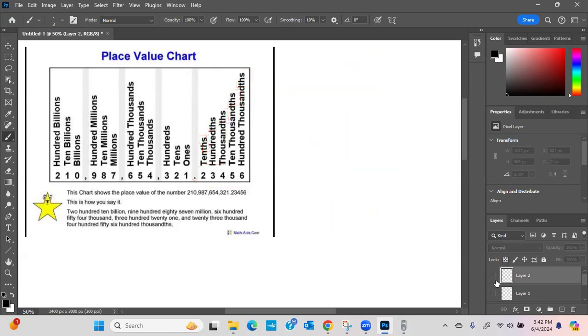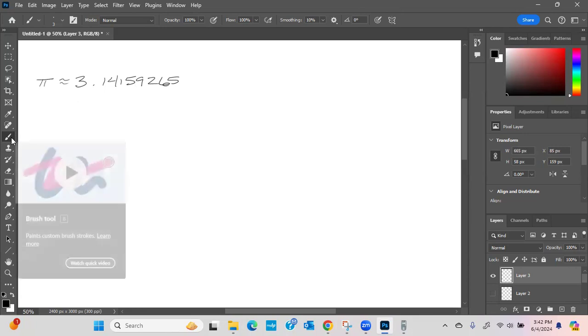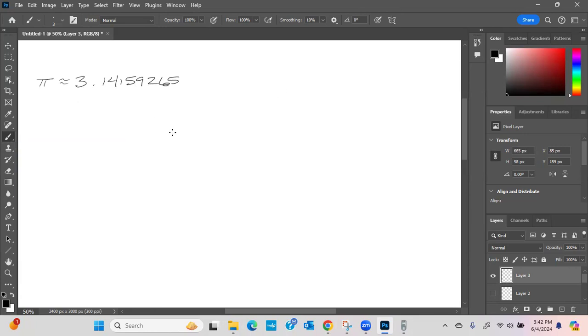Another number you may be familiar with looks a lot like this: 3.14159265. That's about equal to pi. Pi is a ratio of a circle's circumference to its diameter. So the distance around the circle divided by how far across the circle is. That's pi. So if we wanted to round this to the thousandths place,